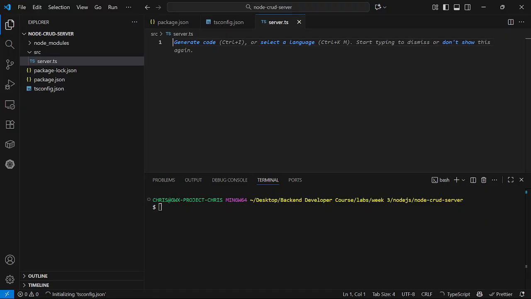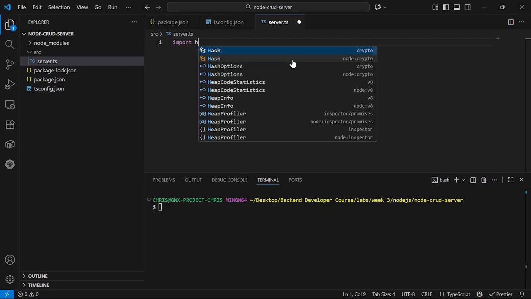So guys, this is going to be, so I will import http